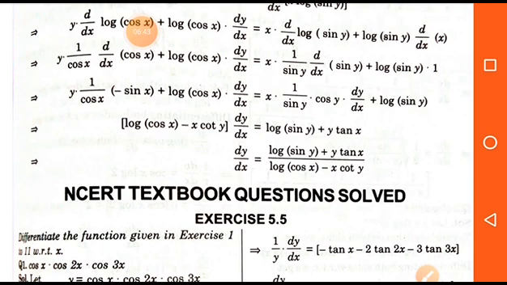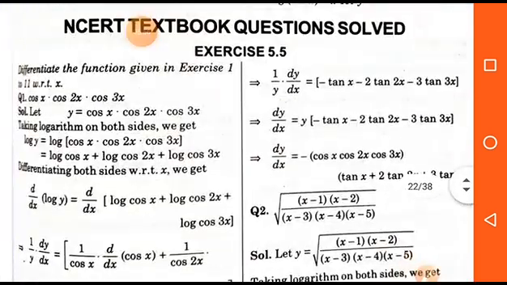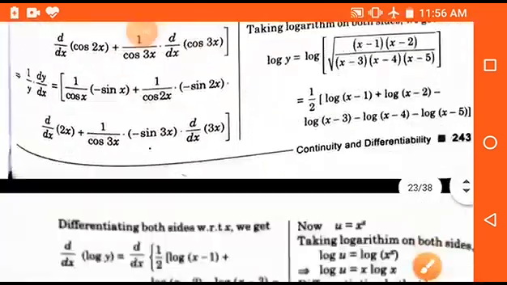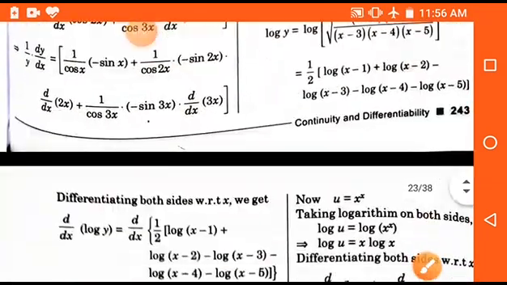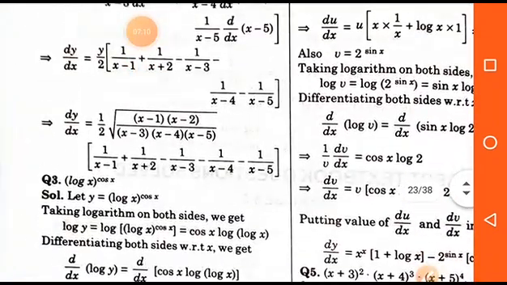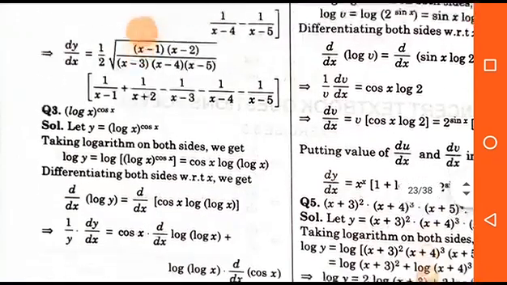by using the properties. Now students, exercise 5.5 just depends on the logarithm function. So for solving the questions of this exercise, you can use the property of log. Clear? All questions are almost the same as the examples. So this is your homework, and you have to solve all the questions of this exercise. And if you have any problem, then you can see the video and solve the questions very well. Clear? Okay students.